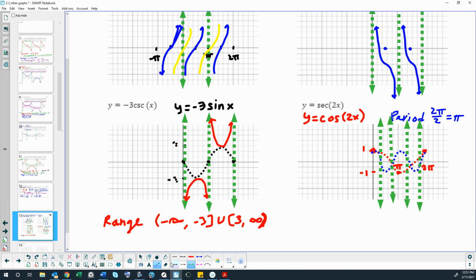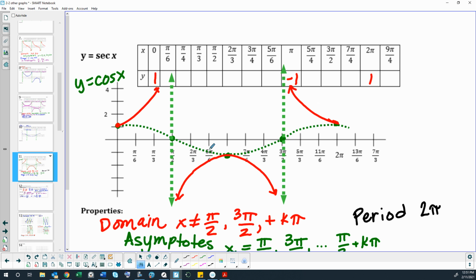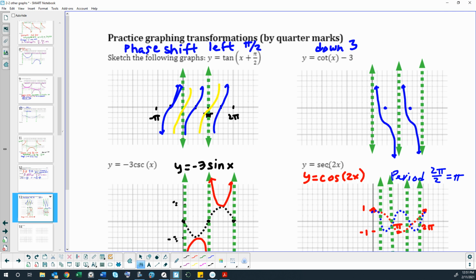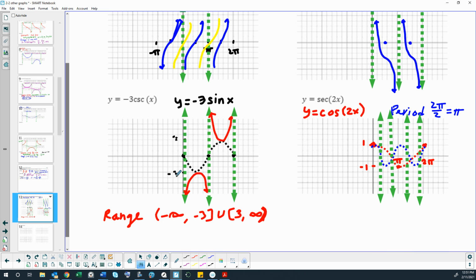So for cosine, the asymptotes are normally, let's go look at it really fast. Here's our secant or cosine. So the asymptotes are normally at values of pi halves. But because omega is 2, that's going to change them to values of pi fourths. Okay, so the asymptotes, that's probably the hardest part to figure out when the period changes, is that the asymptotes change. So the asymptotes that are normally at pi halves and 3 pi halves